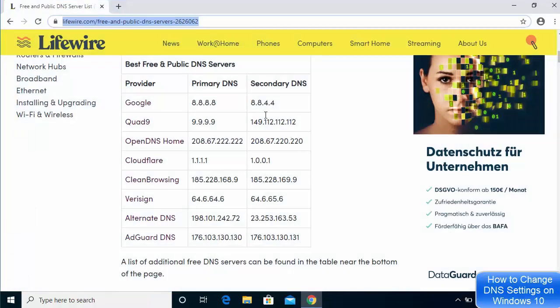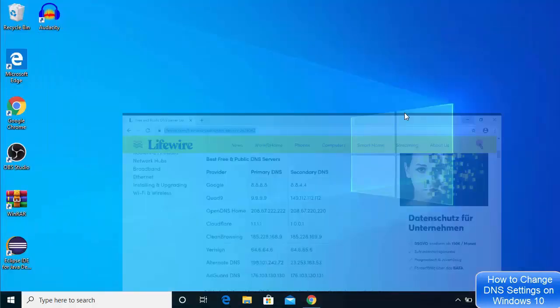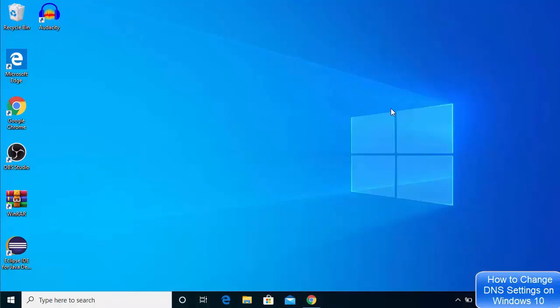Now if you want to add the Google DNS server, then you just need to add 8.8.8.8 as the primary DNS, and as the alternate DNS you just need to give this one. Okay, so you can choose any DNS server provider from this list and you will be good to go. So this is how you can change your DNS server settings on your Windows 10